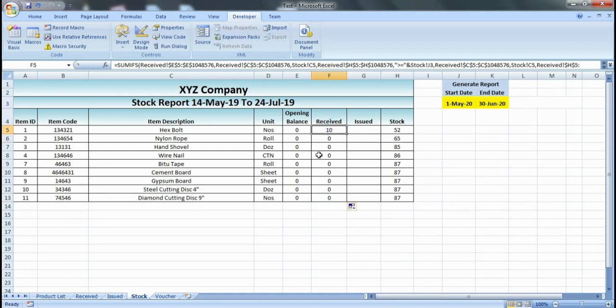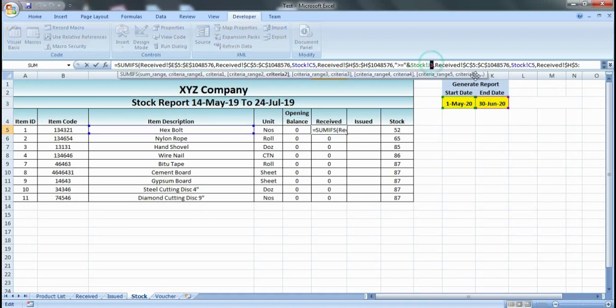One thing we did wrong here, because of this it's not giving the correct values. In these two cells which we selected, as you can see J3, we have to freeze it as well.